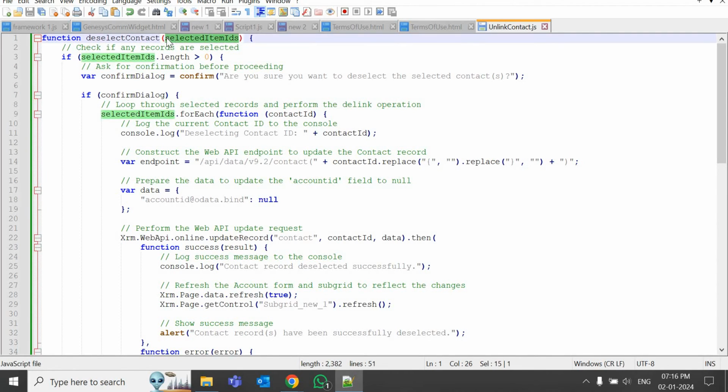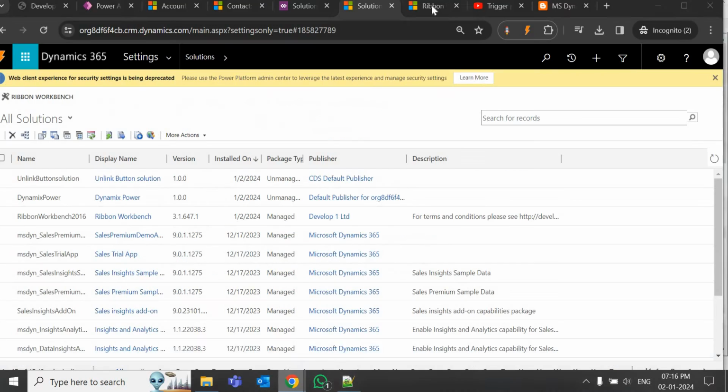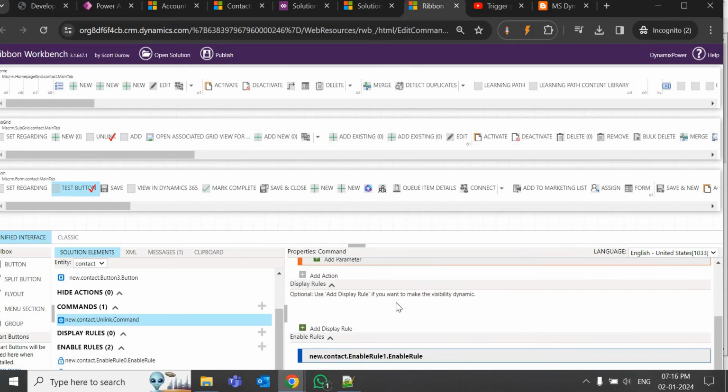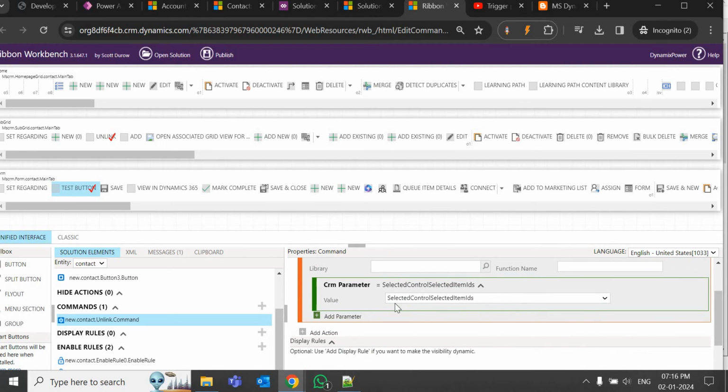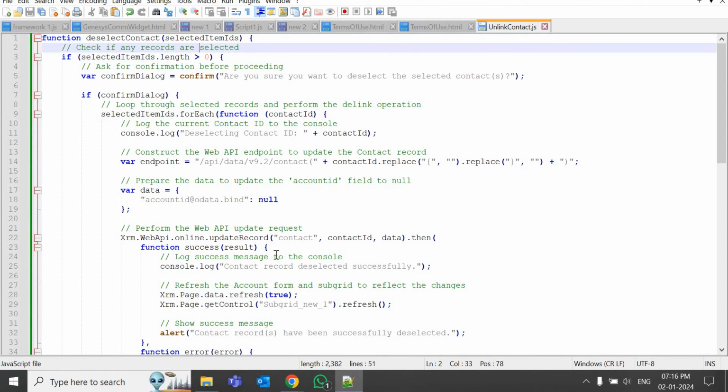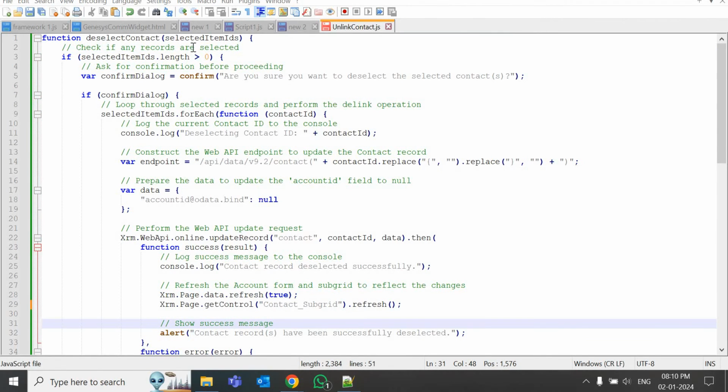Now coming here, the function name is DeSelect Contact and the parameter is selected items. This selected items is nothing but what you saw in the ribbon workbench, where we gave the selected item IDs. So for this one we need to define only selected items here. Suppose you have given primary control or whatever you added in the ribbon workbench, the same thing you need to pass here in the JavaScript function as well. So the selected items